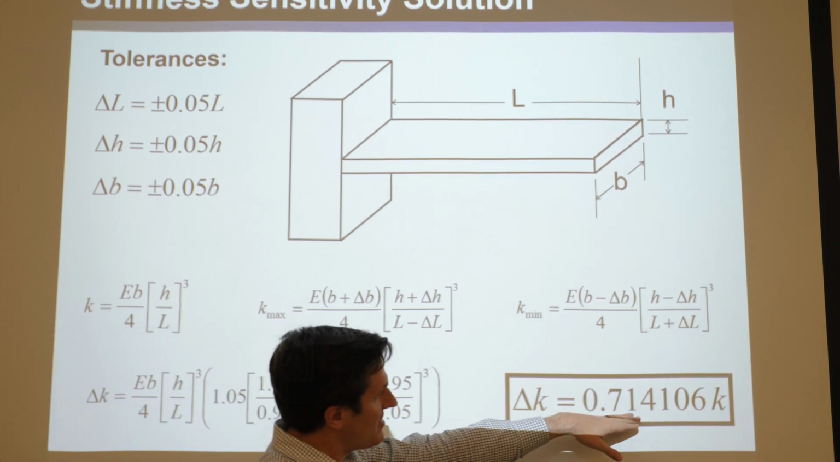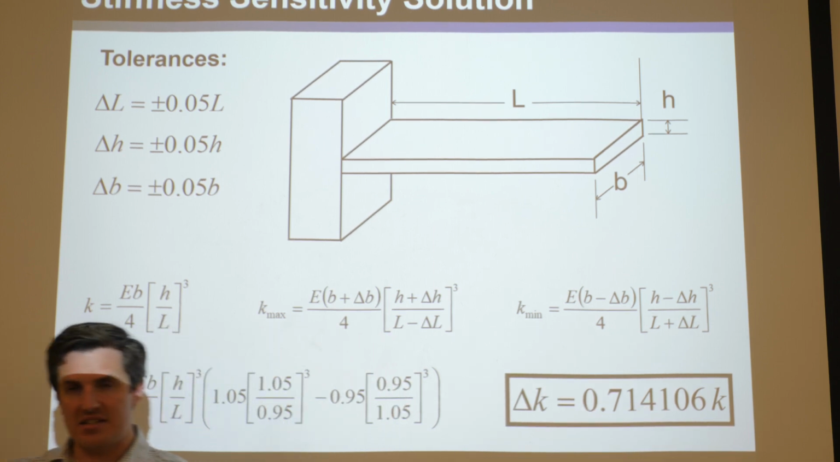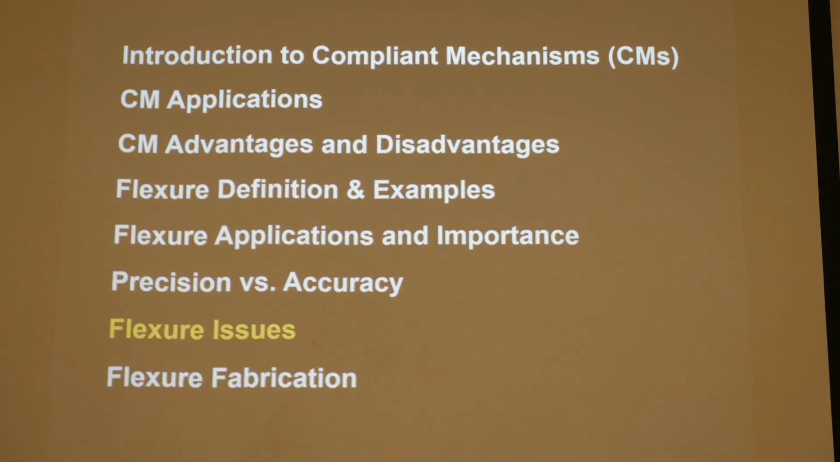You find, my goodness, it ends up being 71% of the intended stiffness K. So it could fluctuate just by having this 5% tolerance. You could vary somewhere around 70% of the intended stiffness. So you're not going to get the actual. Okay, but that's okay. Calibrate. Okay. So now let's look at